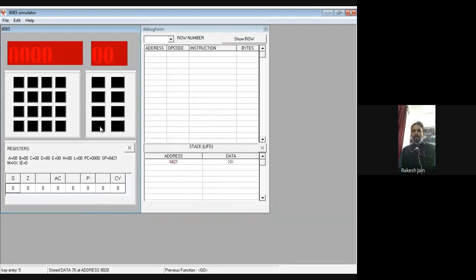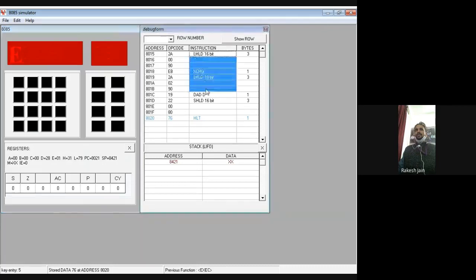Now we upload the program, and the starting memory location is 8015. Now the LHLD code, that is 2A, very good. Then 00, then 90, yes. Then again exchange, then LHLD 2A, then 9002, so 02 and 90, very good. Then DAD D, then 8000, so 00 and then 80, then 76. Okay, after loading the program, once again go to reset, then go. This one is the go button, so go.